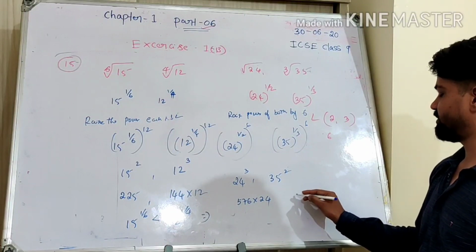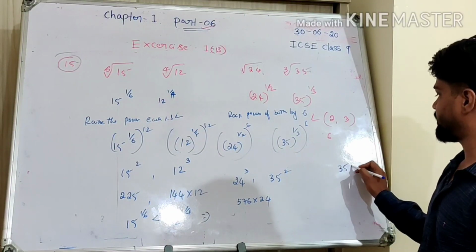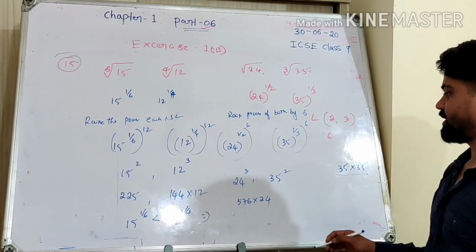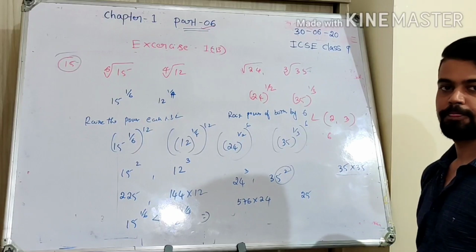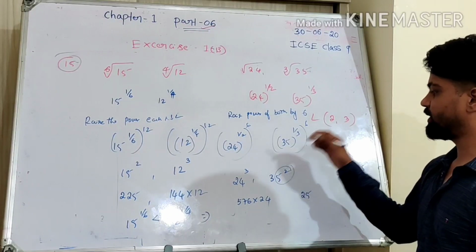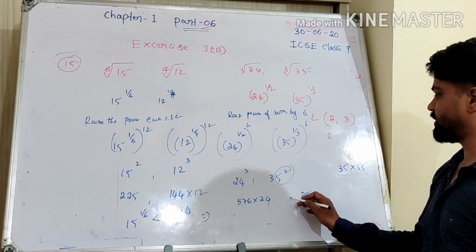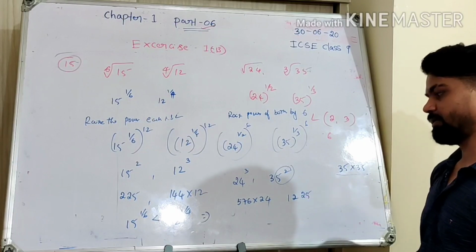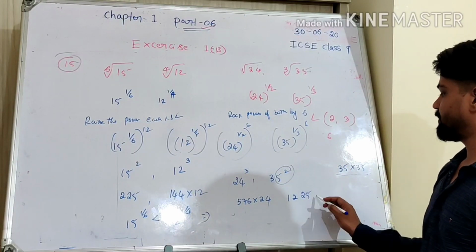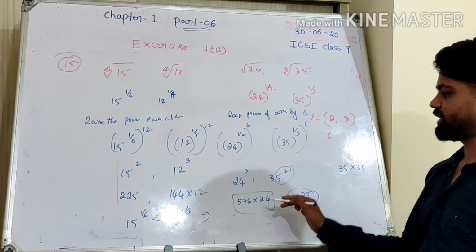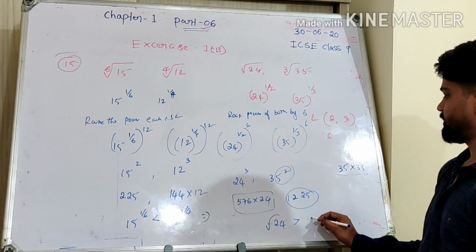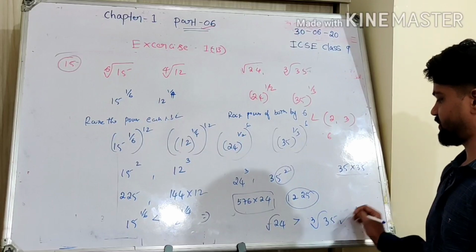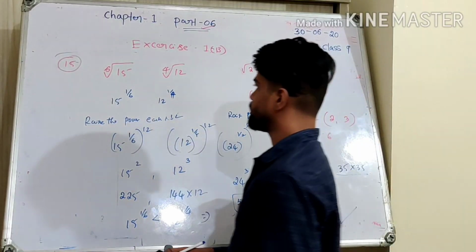So 35 square will be, you just have to square it like this, or I can give a very simple logic. 5 square will end with 25. Okay, so 3 into next number 4, it's going to be 1225. So which is greater? Can you tell me? This is very small, this is very much greater. So that is the reason square root of 24 is greater than cube root of 35. So that is the answer. Okay, that's how we compare.